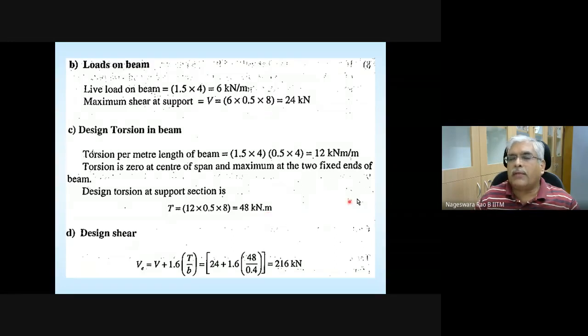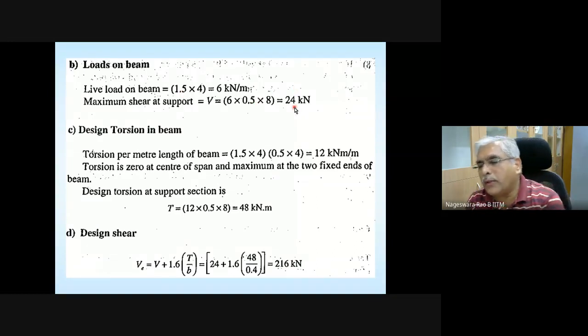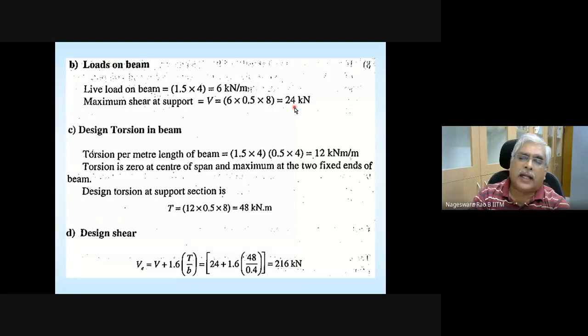So at that location, we need to find the shear stress due to direct shear, as well as the shear stress due to torsional moment. So we are making note of both of these. This is going to be your VU, if you want to use the notation given in IS 456, and this is your TU. Making use of this VU and TU, you can find the equivalent shear. What is the equivalent shear force?